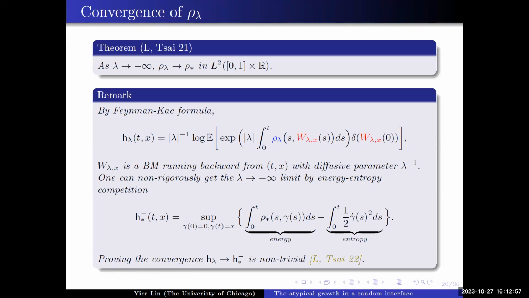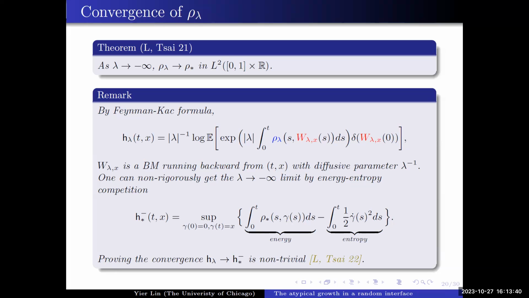And when you stay around this trajectory given by gamma, the value from the exponent is just given by this integral. But on the other hand, this Brownian motion turns out to have a very small diffusive parameter. So in general, it will just become like a straight line. So you will take a certain probability for your Brownian motion to behave like a path gamma. And the probability, the decay, is characterized by this rate function you see at the beginning. So you want to maximize this combination of energy and entropy to figure out what the optimal path is, and then you compute the value, it should be the limit, okay?